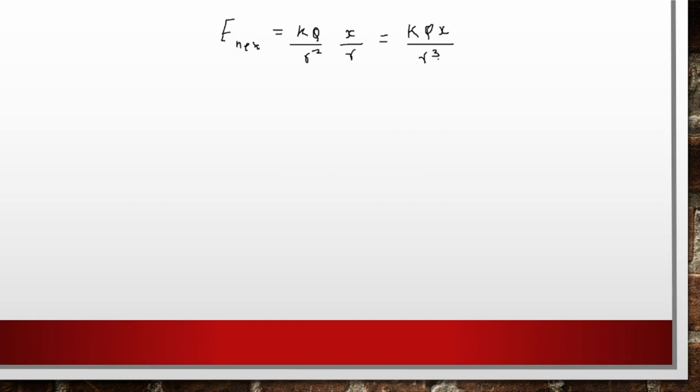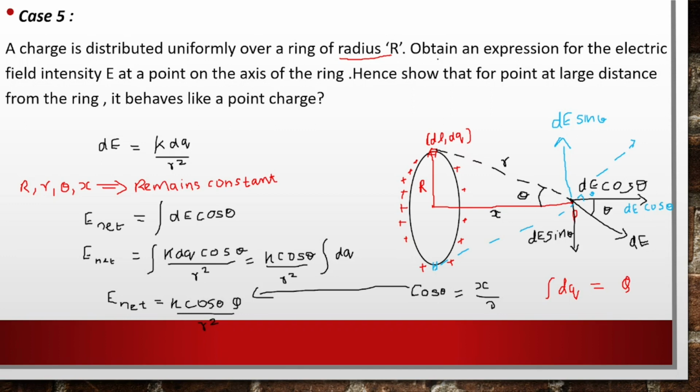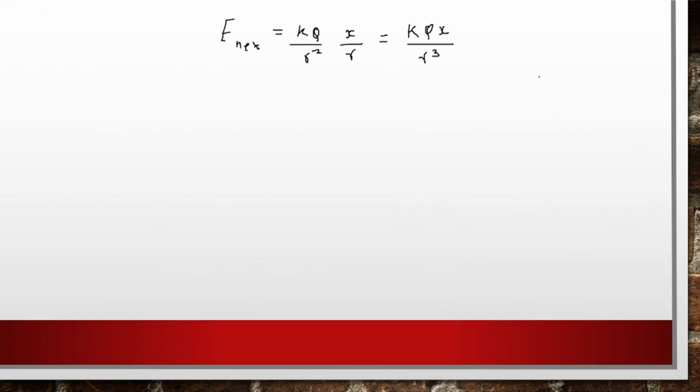Okay, now we have got the expression, and again from this figure we can write r square is equal to x square plus capital R square, right? Should I write here or in the next slide? We can write in the next slide. I will draw the triangle here. So this is our triangle and this is theta, and our radius is R, and this distance is x. Here we have point P and this distance is r. So from this triangle, this is theta.